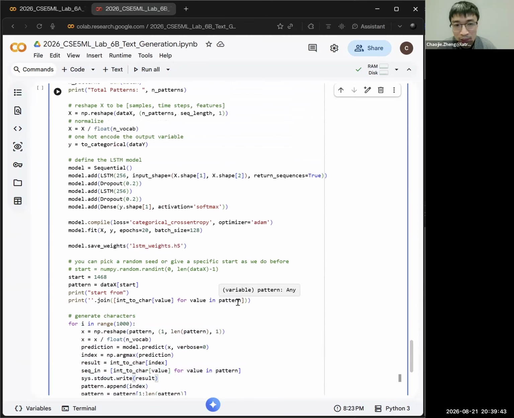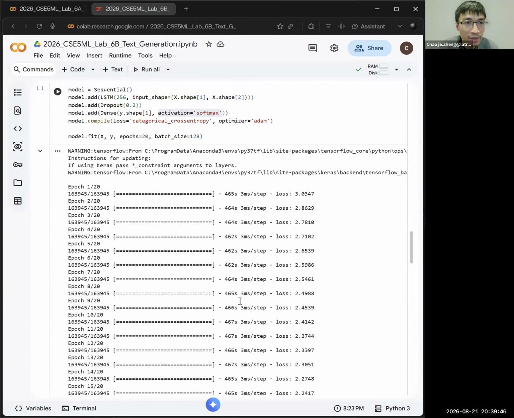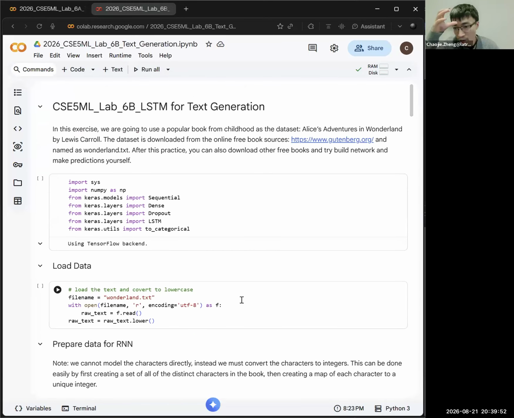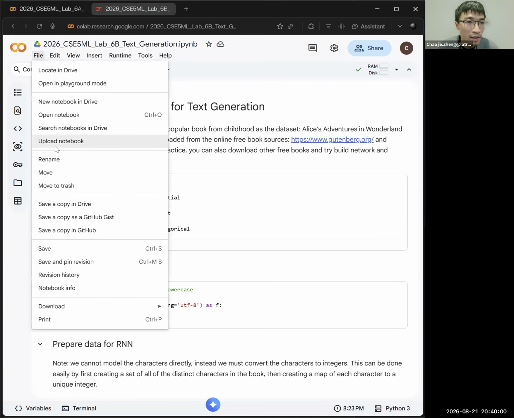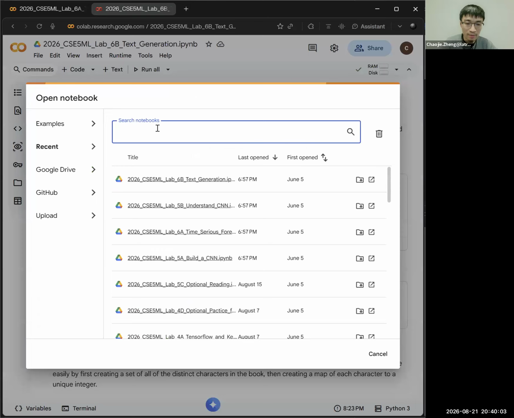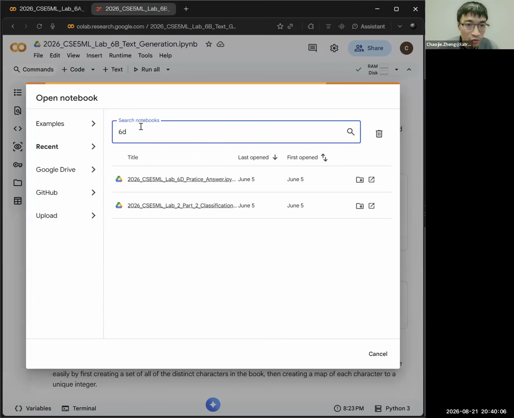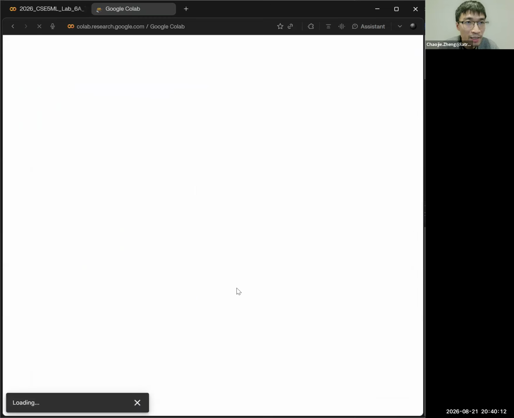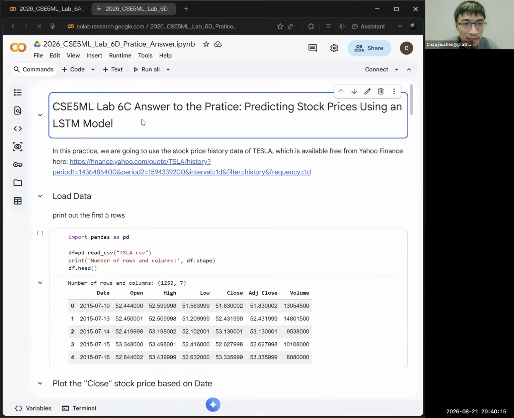Okay, that would be the explanation for this notebook 6B. Any questions? Oh, good. Okay, great. And there are, I think, two more notebooks. I will just leave it to you. So 6C will be a practice. But all the answers are stored in this notebook 6D, and you can take a look and see